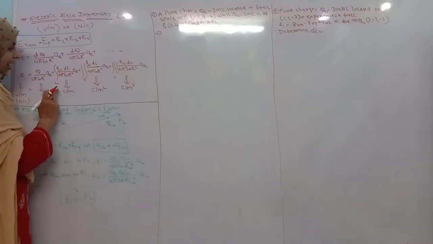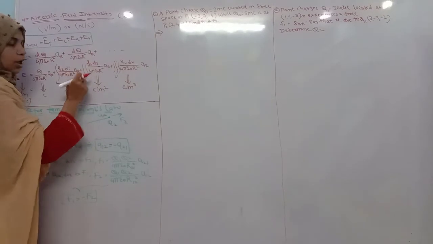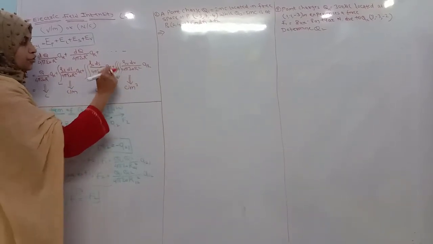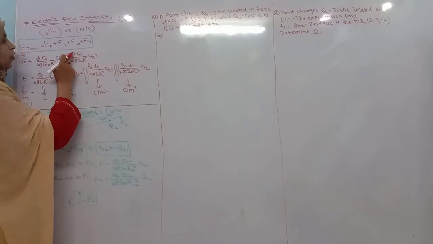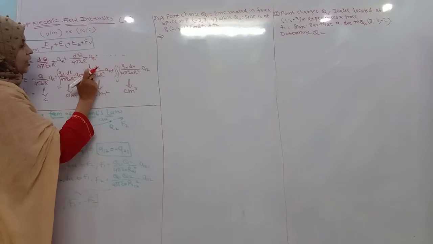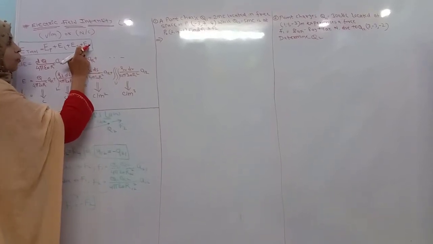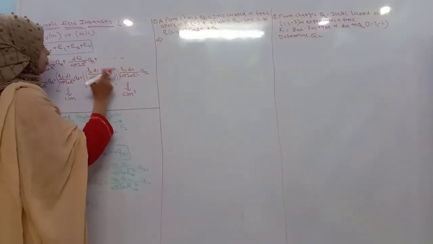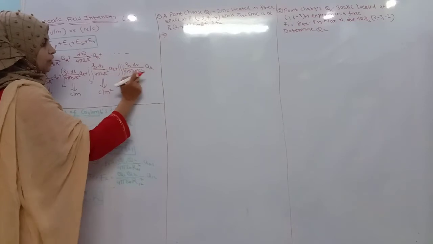Here I have already explained: for the line, single integration; for the surface, double integration; for the volume, triple integration. So in this way I am taking here the double integration. But what is my dq with respect to the surface area? My dq will be rho s ds divided by the same expression. If I am talking about the volume, then my dq with respect to the volume will be rho v dv divided by so and so.